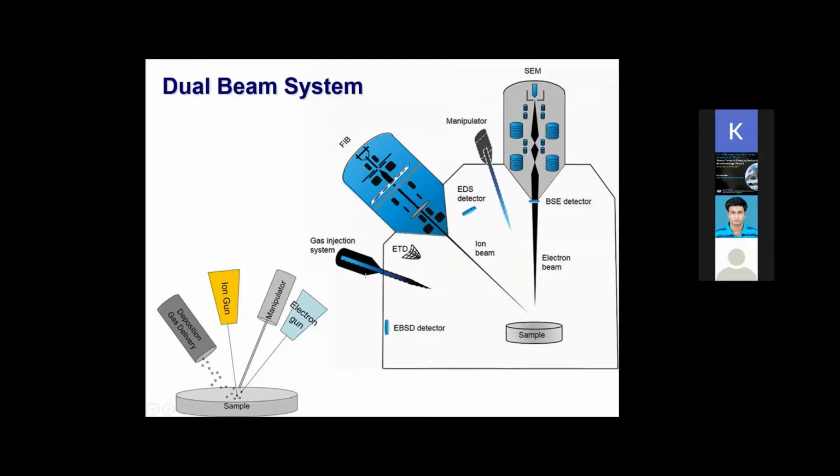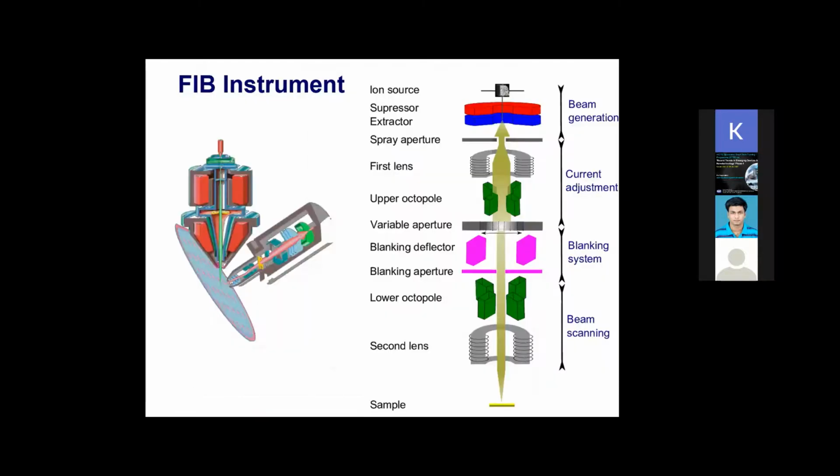Now, it is not necessarily that you have to have these two, but most dual beam systems have this. The gas injection system gives you the advantage of depositing in situ, and the manipulator is mainly for manipulating some of the samples. That means to remove one portion from the sample which you cut and keep it on the other side. So this is the main thing. I will not go into details of this. This is just the instrumentation part, same as the electron beam. Only there is an ion generation.